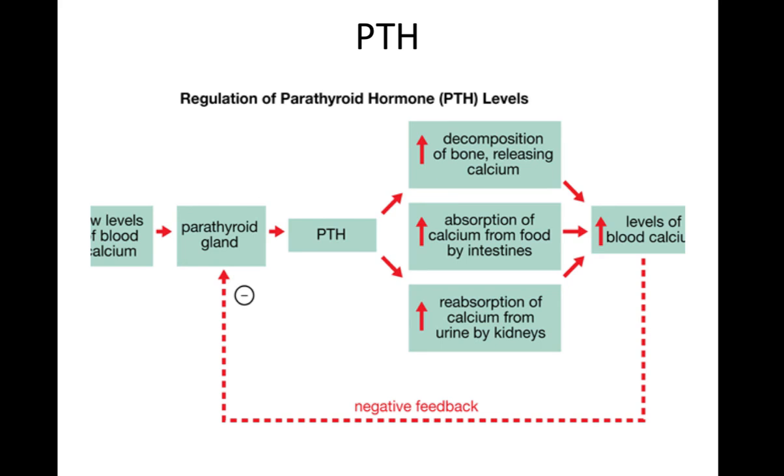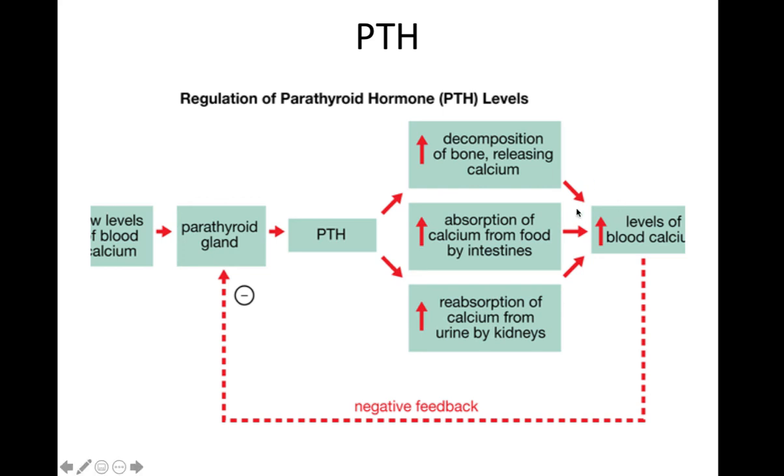The third organ affected by parathyroid hormone is the kidney. The parathyroid hormone increases absorption of calcium from the kidneys. It does that by increasing excretion of phosphate through urine. So there is less available phosphate for the calcium to bind with, and this causes increased free calcium within the